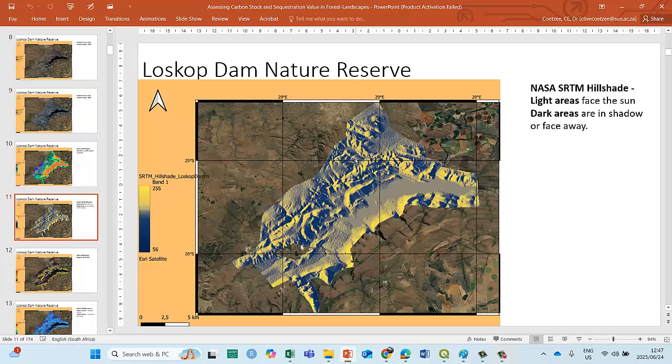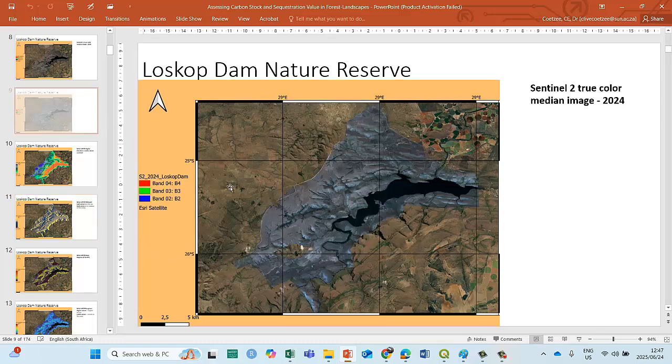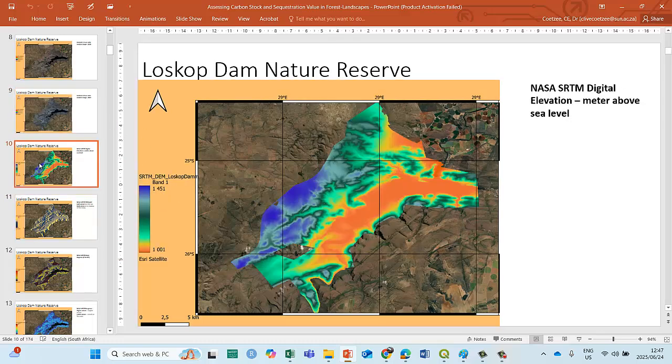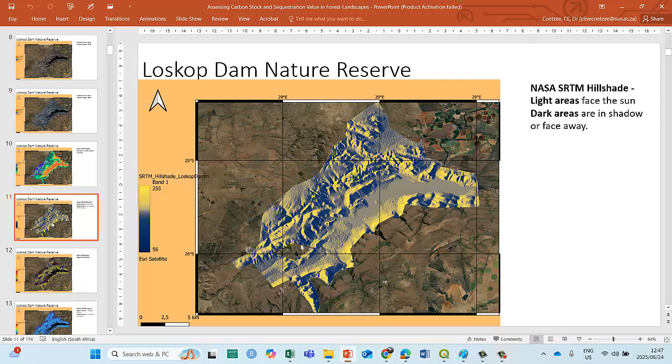So that's nice to look at, because we can get an idea of where vegetation is more likely to be versus bare soils, etc., etc. So that's the hillside that we did.